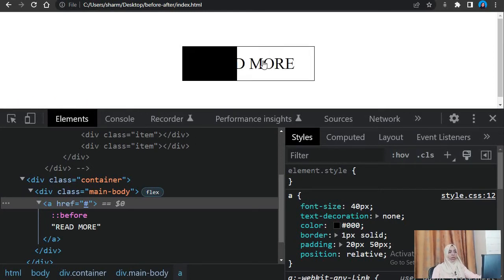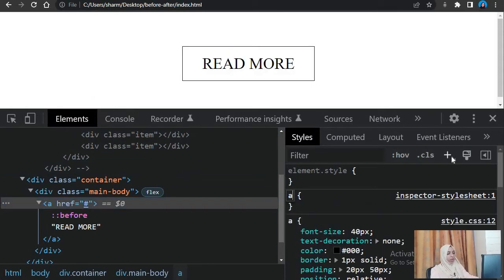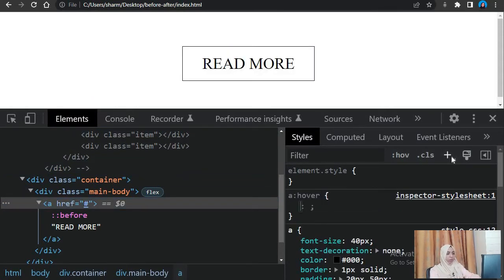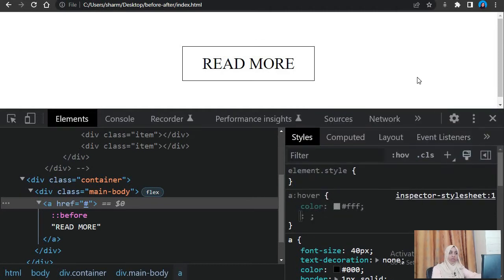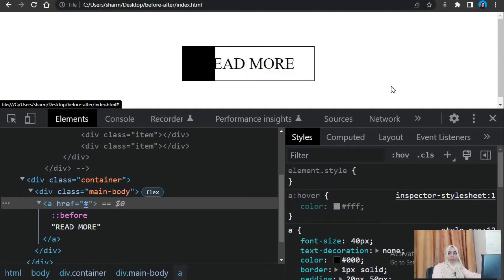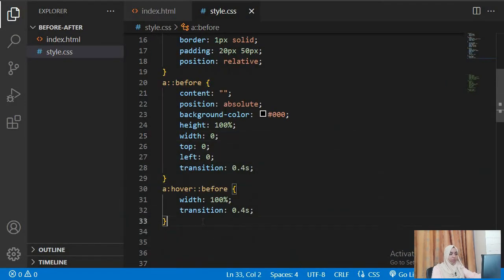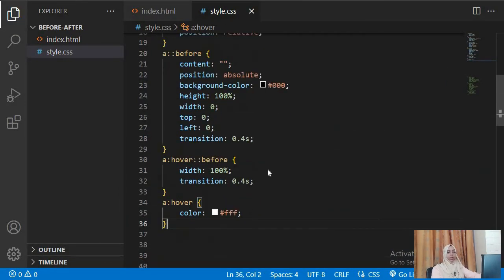But one more thing, you can't see the text, right? The read more text. You might think because it's a black color. So okay, let's try this thing. On the hover of A, we want its color to change to white. Okay, we change the color to white. Now we are hovering. Can you see anything that's working? No, still not, right? So just copy this and we will see how we can make that visible.